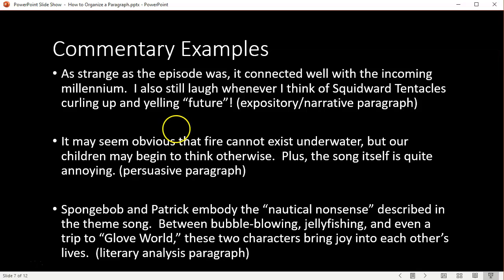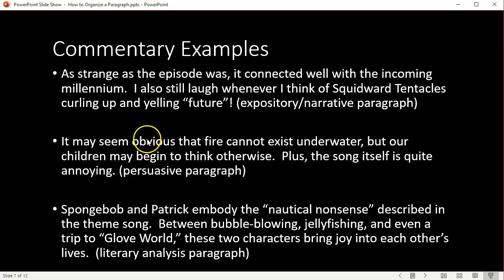In any case, notice that I've explained my piece of evidence there. I mentioned the Time Machine episode. Now I'm going to explain why the Time Machine episode was relevant for me. It was strange. It reminded me of the upcoming millennium. I was born in the 90s, so I remember when the millennium switched over to the 2000s. And it's also just a funny one, just because that episode has some really funny moments in it.